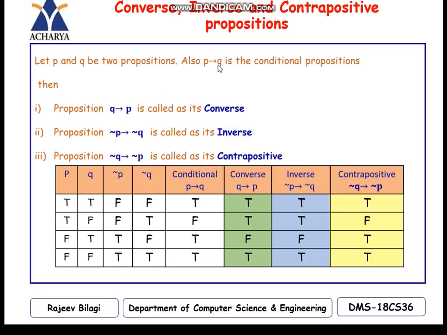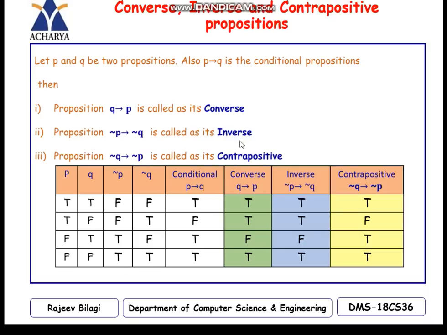What does the then operator say? If the first one is true and the second one is F, then the resultant truth value will be F, otherwise all the values are true. Now if you look at P then Q, I have T T, T F it is F, otherwise it is true. To write the converse Q then P, if you look here, Q then P, T F, so in the third column you will have F, and all other values are true. Now this is about the converse.